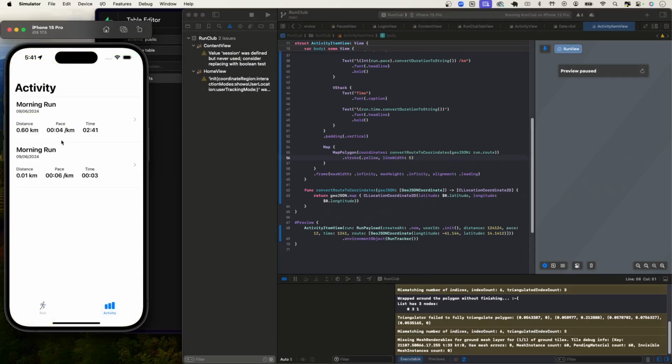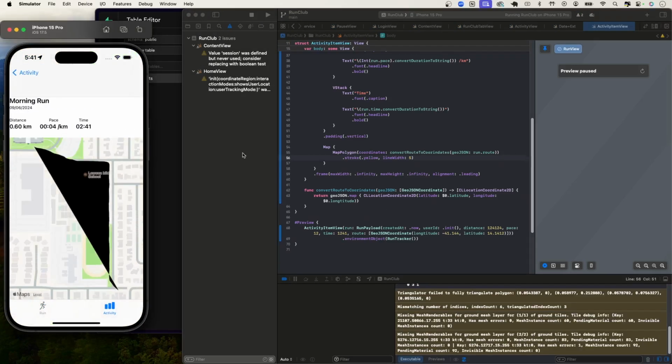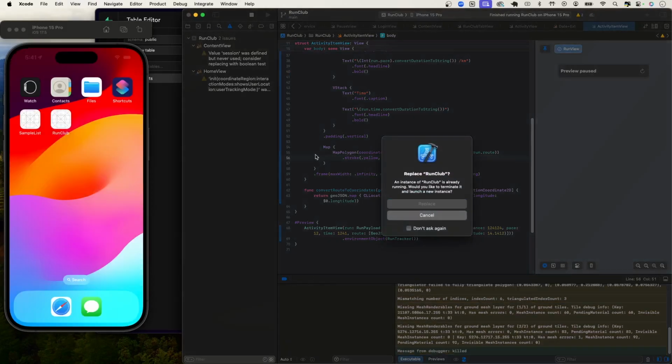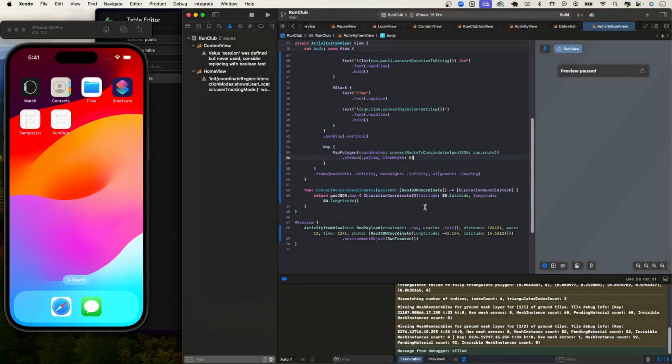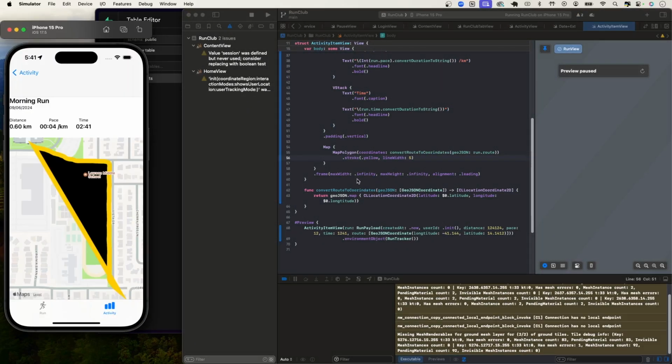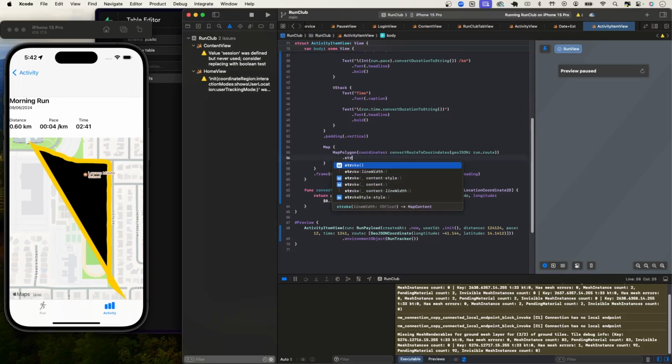All right, so I just stopped a pretty decently long workout. Now let's open it and ooh, it looks like we need to work on this. This thing needs some help. So let's create a stroke,